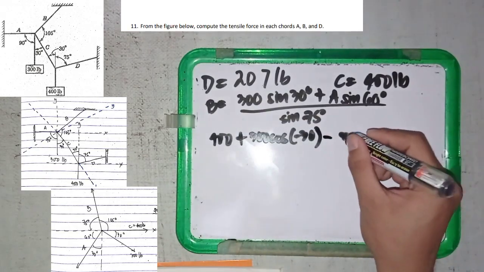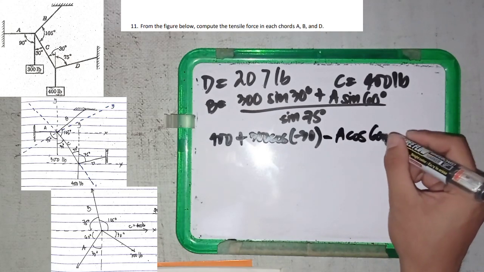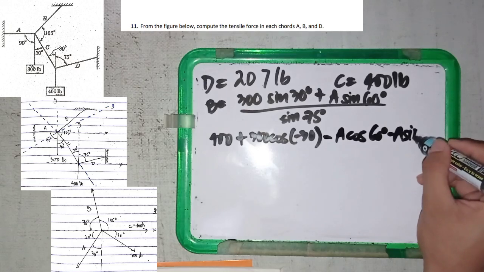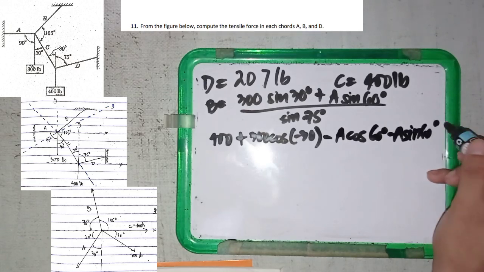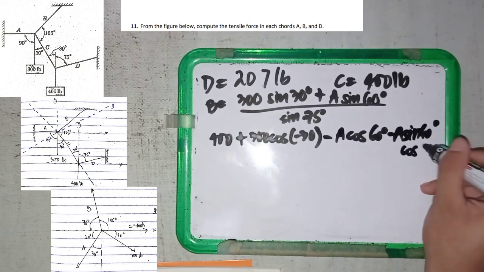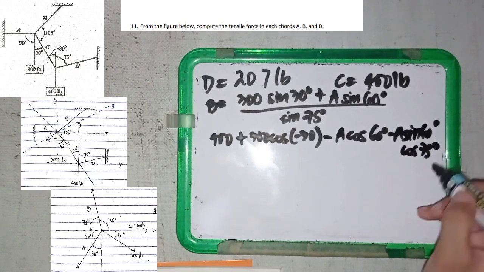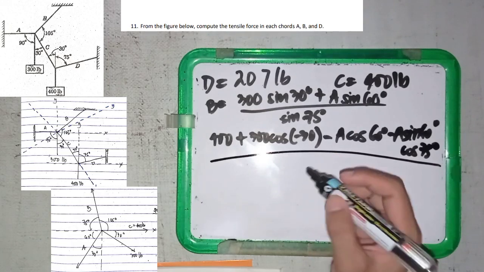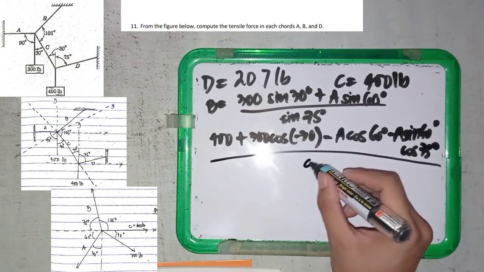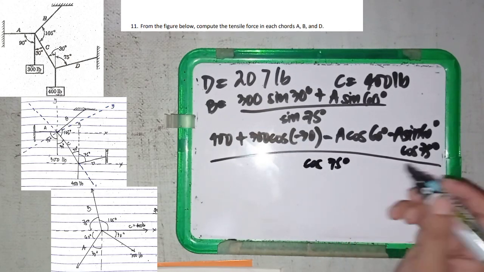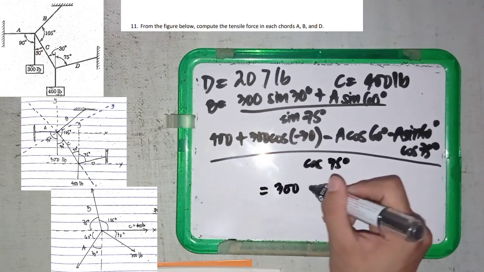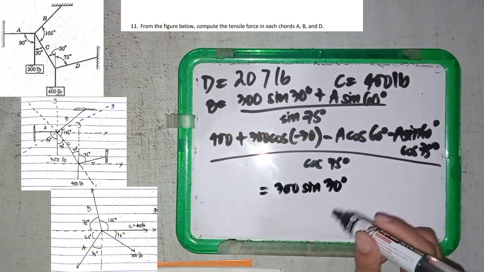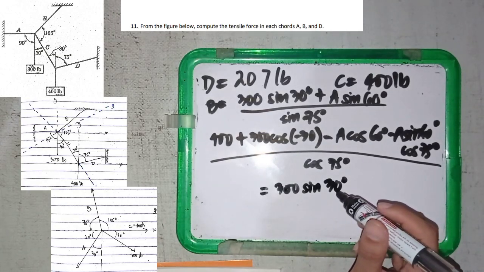So let's continue: a cosine 60 degrees minus a sine 60 degrees times cosine 75 degrees, all over cosine 75 degrees, and this is equal to 300 sine 30 degrees. So we have here the equation, and if we equate this,